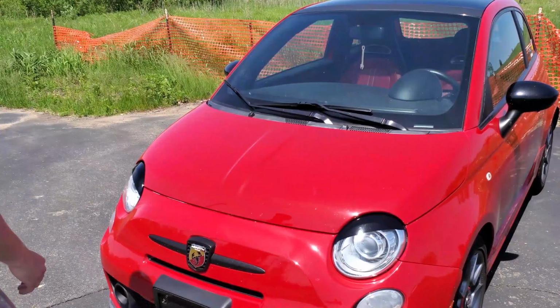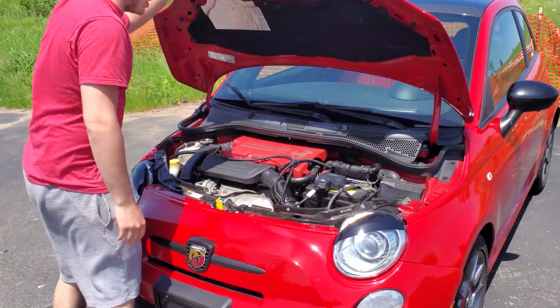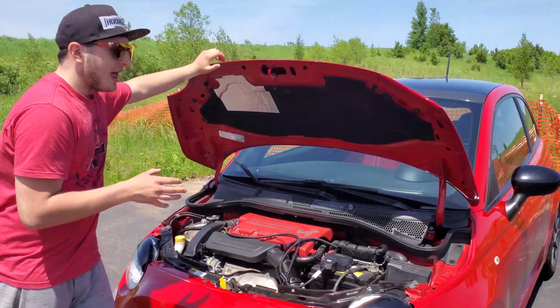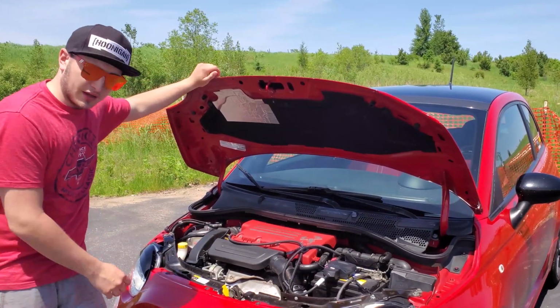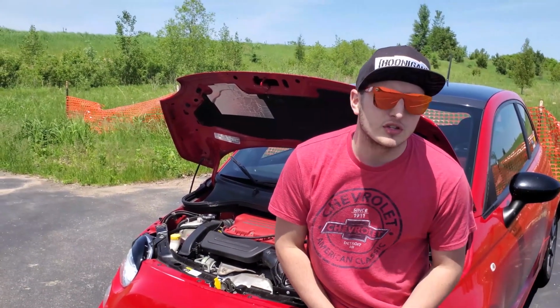Like I said, installing the Racechip was super easy. As you can see here, I didn't do an awesome job on the install though. I did this super quick, just kind of threw the wires in there, made sure it wasn't on anything hot. I did this because you will see in a future video, one of the mods we have coming will pretty much completely change the look of the engine bay. I didn't make it look super nice since I am changing the look of the engine bay,